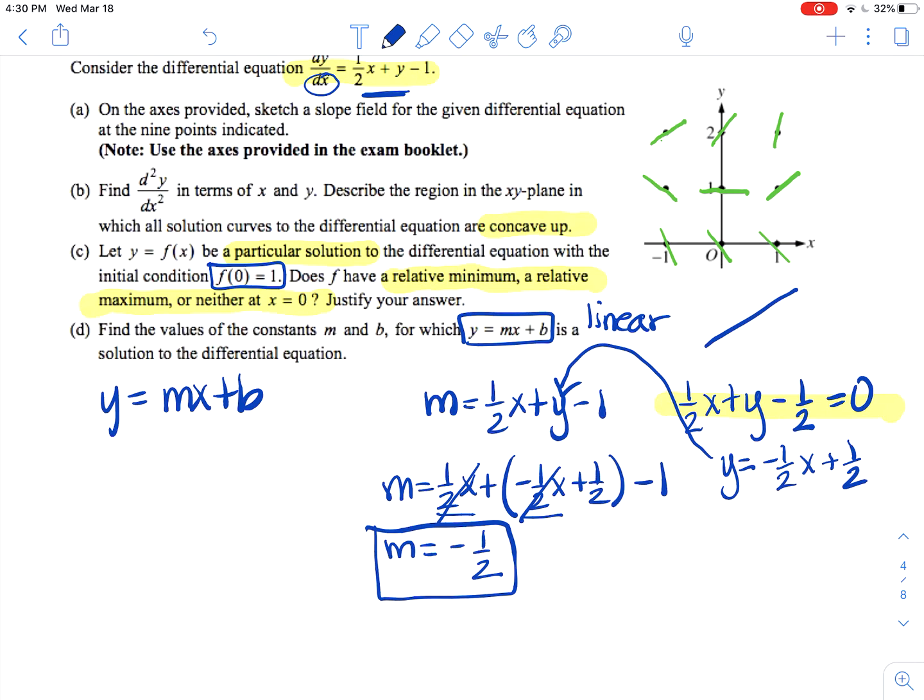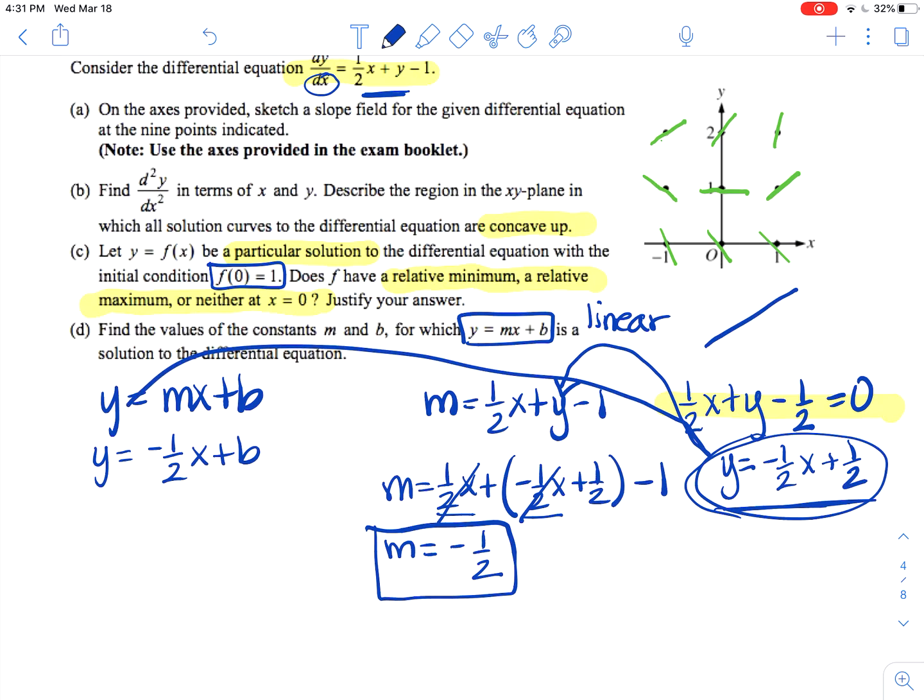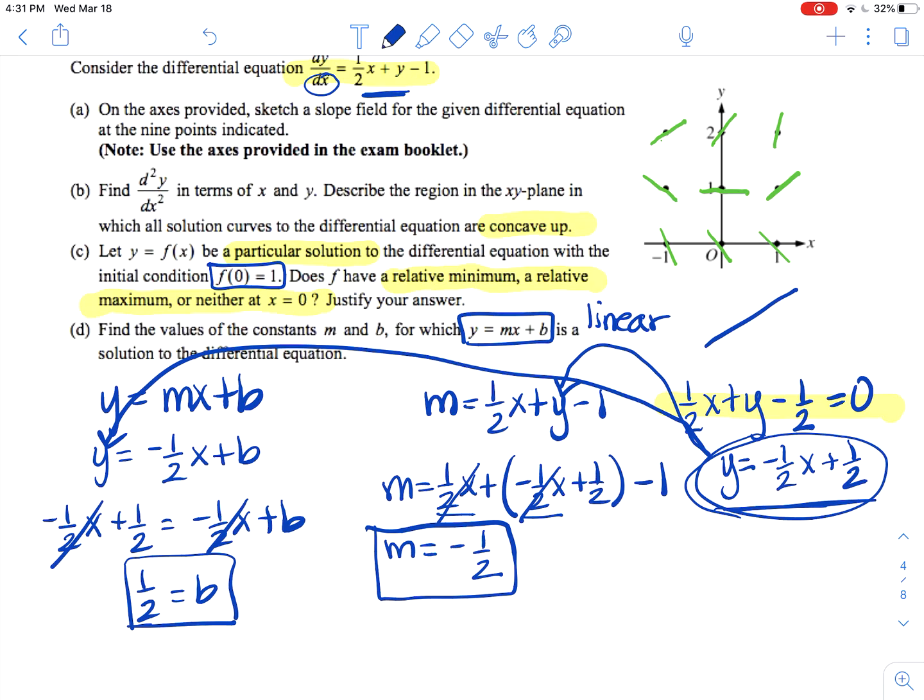So now I at least know my m value. I'm going to go back over to my first equation and rewrite this as y equals negative 1/2 x plus b. Now, if you remember from that third equation, we knew y is also equivalent to negative 1/2 x plus 1/2. So I can once again substitute that in for y. I have negative 1/2 x plus 1/2 equals negative 1/2 x plus b. You'll see those negative 1/2 x's cancel out, and I'm left with b equals